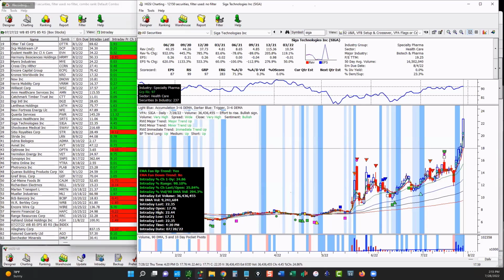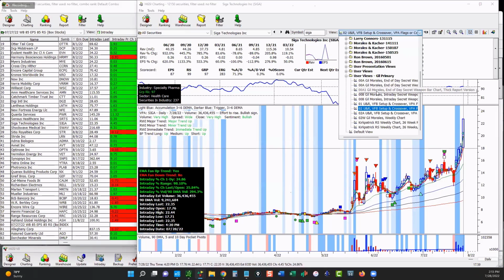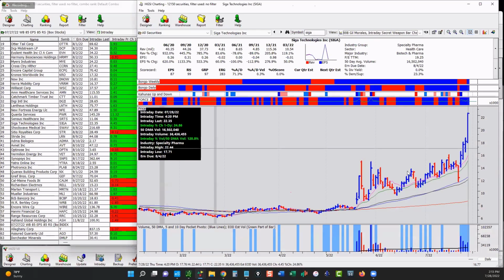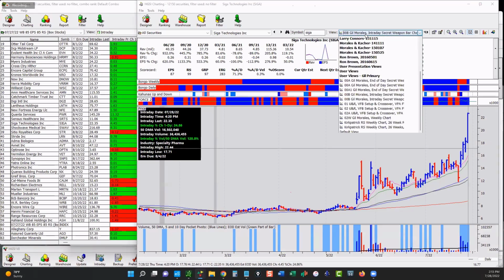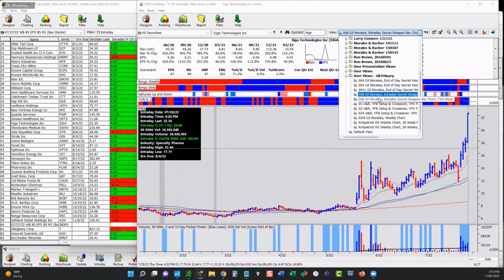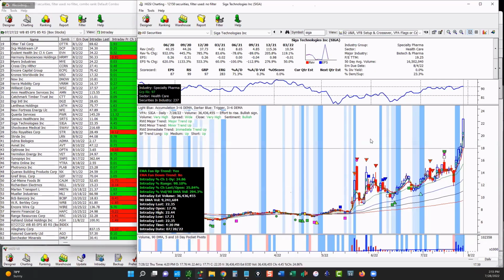So if I tell him, okay, this is what I see on my daily chart, which is essentially this one, intraday right here. Okay, what I see on that, there's not much there. I got the pocket pivot indicator, but he can take what I'm telling him I see on this chart and then turn it into this, which has a bunch of indicators. If you want to look at that and study it and learn what all the indicators are, then you can get a sense of what I'm seeing just intuitively